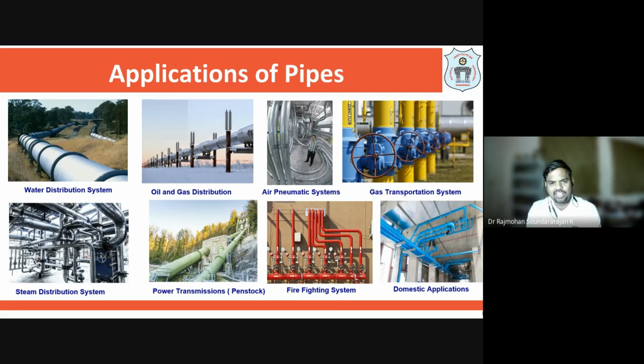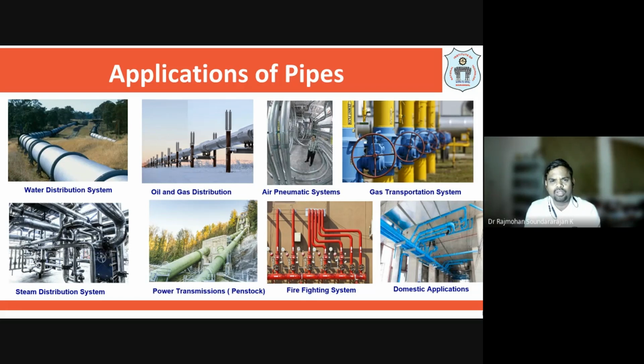So for gas phase reactions, the reactants or the products or the intermediates that are formed need to be transported from one place to another place. So we make use of pipelines there also. Similarly, steam is used to pressurize, or steam itself is used as one of the ingredients, or raw material, in the reactions or in the unit operations. So we make use of steam, and steam can also be transported using pipelines.